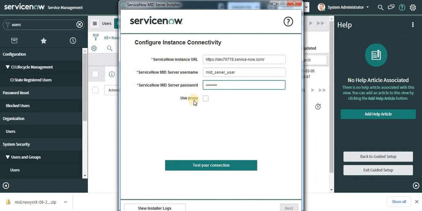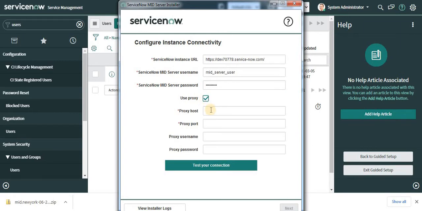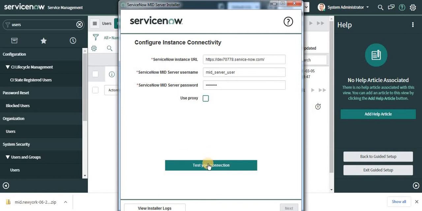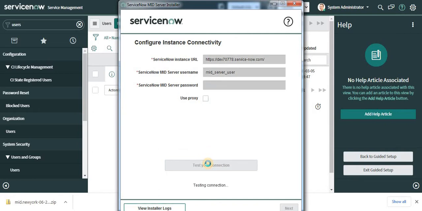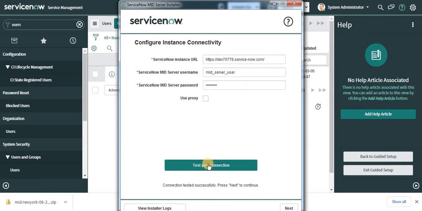If you are using a proxy on your machine, then you can give your proxy host name, port, username and password. As this is my personal laptop, I'm not using any proxy, and I'll click Test Connection. When the connection is successful, I can click on Next and give additional details.